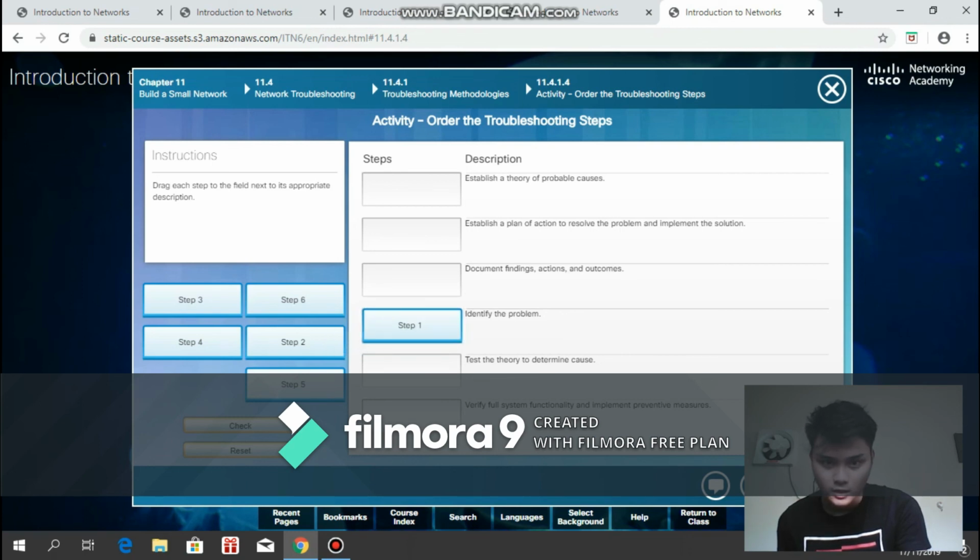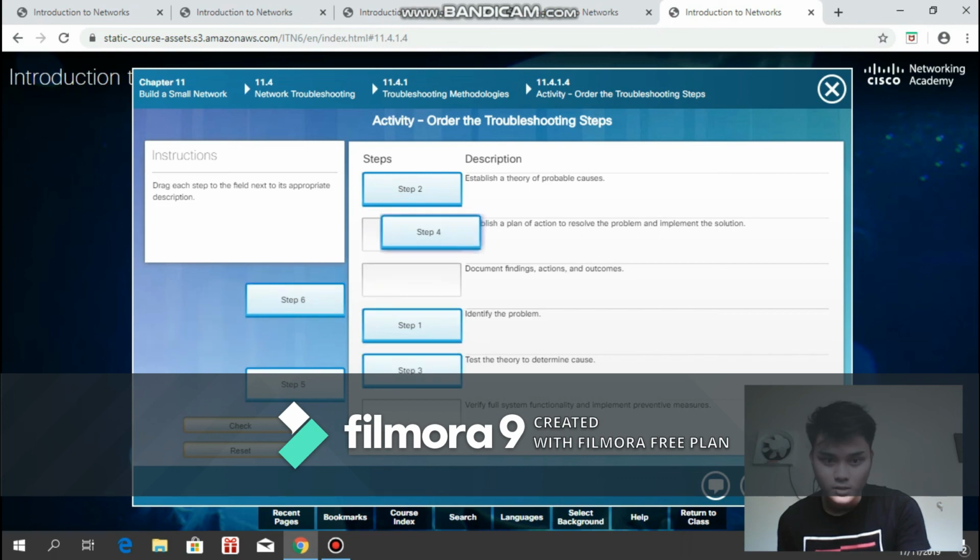Second is establish a theory of probable cause. Step 3 is test the theory to determine cause. 4 is establish a plan of action. 6 is document. And step 5 is